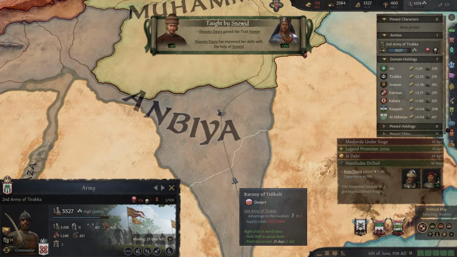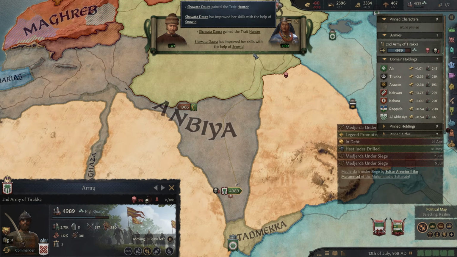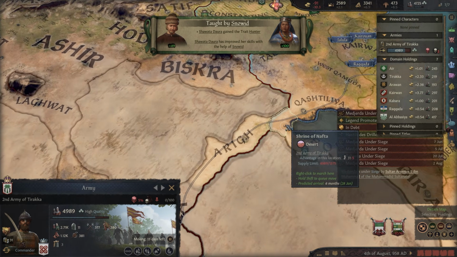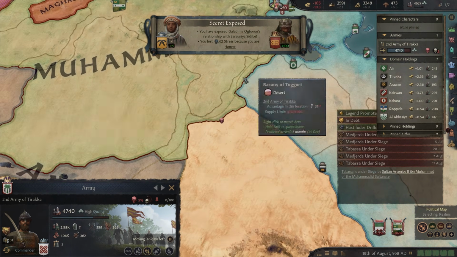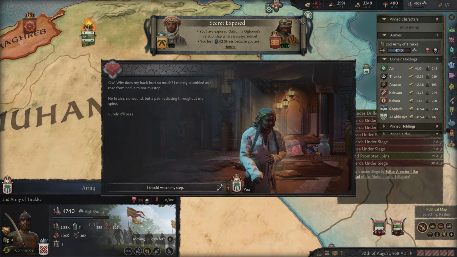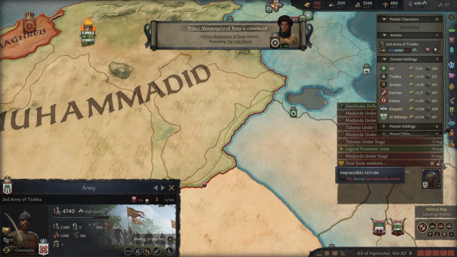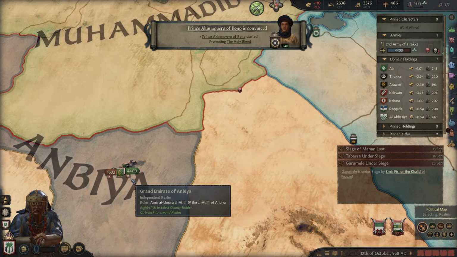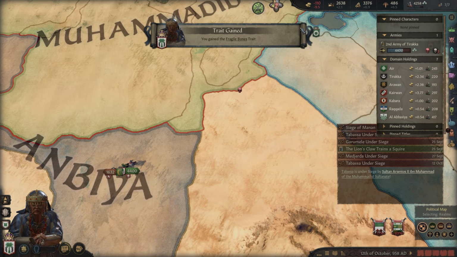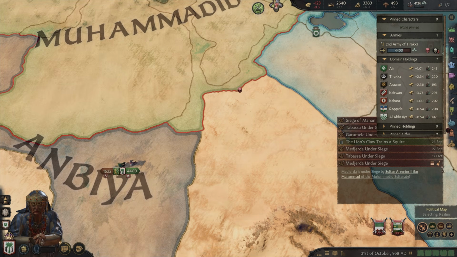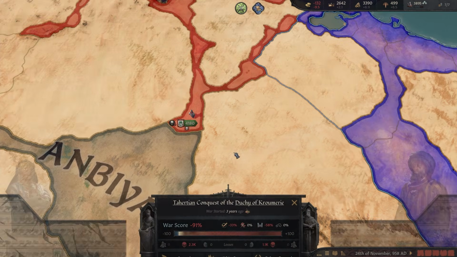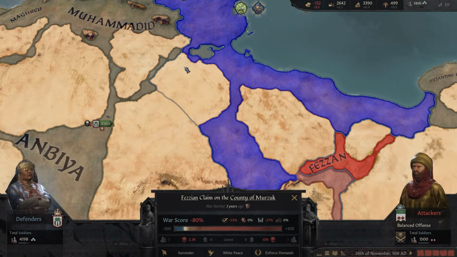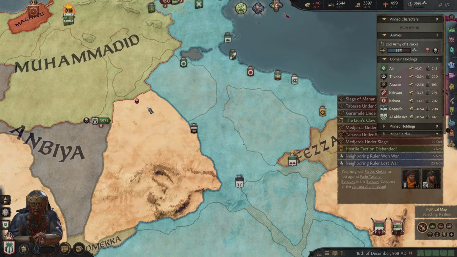We are slightly starving, walking through the desert, taking huge amounts of attrition, but that's not the end of the... Oh my god, I have to take it... Wait, I have to take attrition to even reach my own holdings? Oh, that's horrible. If they come and turn and fight us, we're screwed. Yeah. I'm fairly certain I'm about to lose both wars. Oh, they decided to run into me. That was nice of them. I don't know what war you were in, but that was nice of you, I guess. I've 100% lost this war. Oh, the war I'm walking to. I think I've lost both wars. Yeah, I don't think there's any way for it.